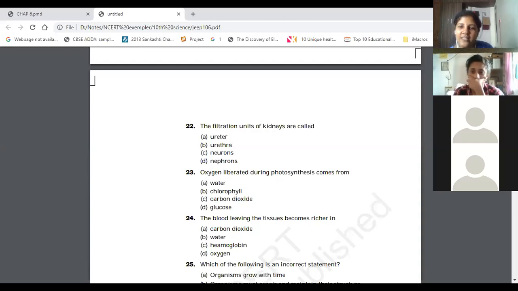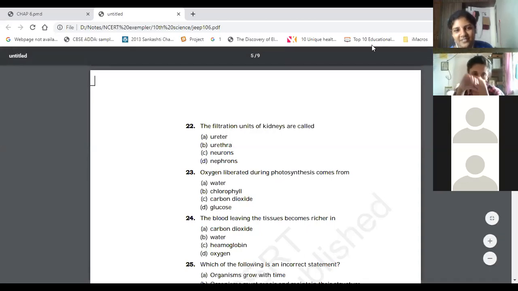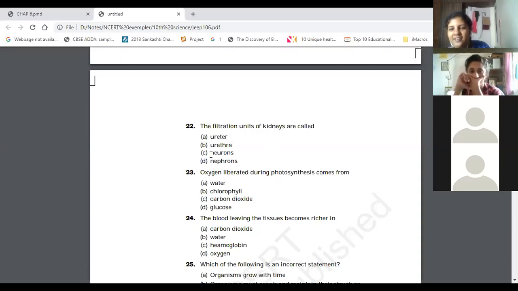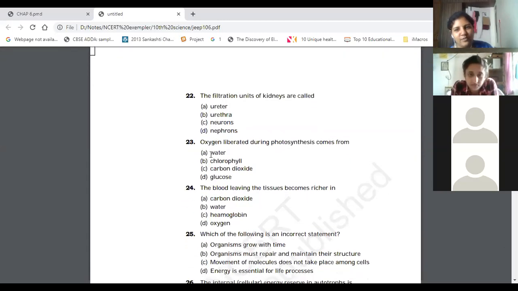Most of the students have done this. They have nephron in mind, but while clicking, they select a different option. Read the four options properly. Most of the students have the proper answer in mind, but while clicking, they click a different option. That has happened to most of the students. So be very careful with MCQs. And for MCQs, you need a concept. Mugging up will not work out. In-depth concept is needed for all MCQ questions. You might have realized it from the last 2 weeks. I think so.